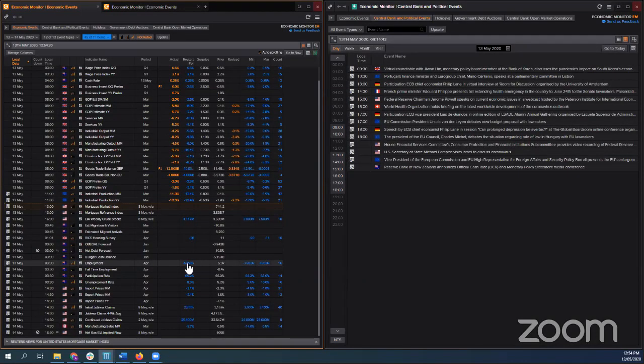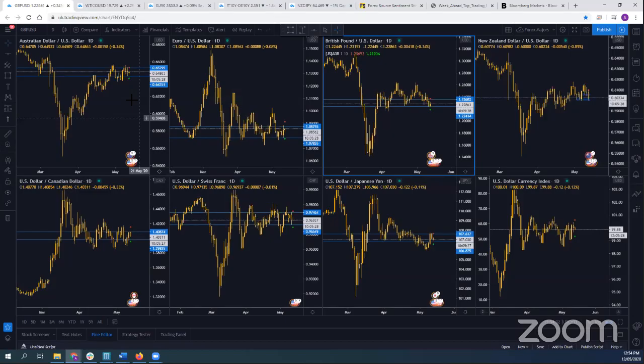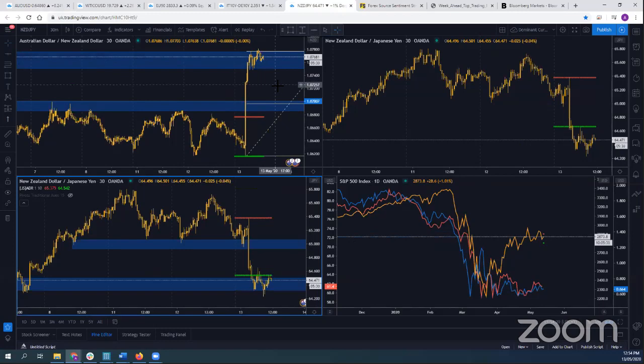But the risk is definitely skewed to the downside. And I think once that data comes in and the reality starts to sink in for the markets, we might see some potential downside for the Aussie dollar. So it is something we need to keep in mind, especially since we're looking for some potential upside for the Aussie versus the Kiwi. I think there's a couple of things we need to pay attention to there in tomorrow's session. So guys, that is everything from my side, what we're looking at, what I think is interesting, especially with